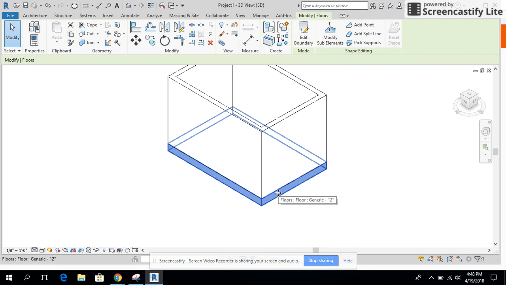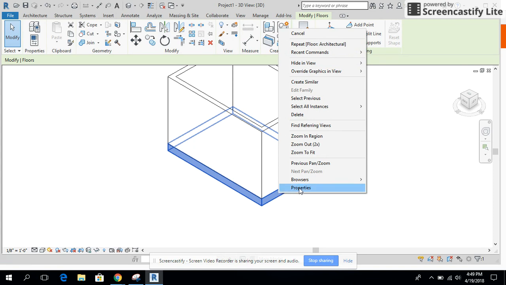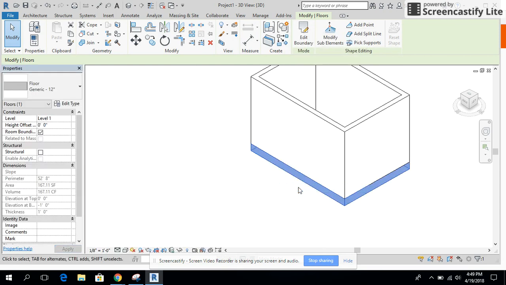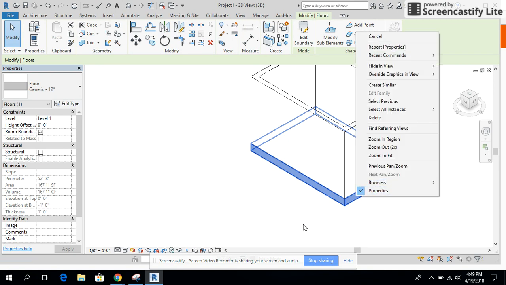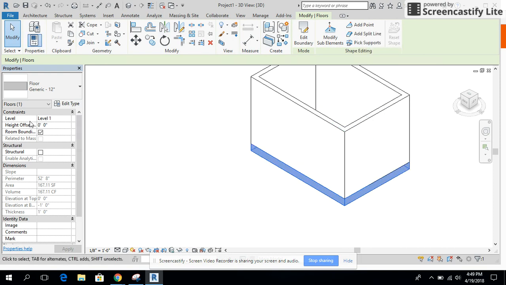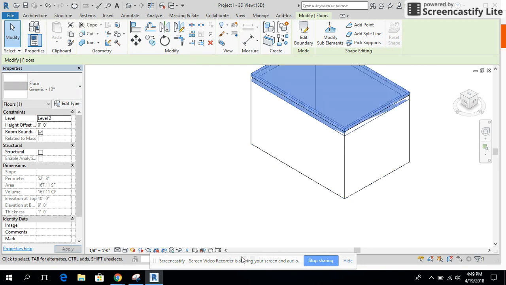I hold my mouse over it and use the right mouse button, not the left, the right one. And I can pull up different options, but I want this properties button. As soon as I click that, I get a properties window. And if I right click this again, you can see a check mark saying my properties window is open. So let's go to the properties window and you can see the constraints or the limiting factors on my floor. So in this case, there are levels, constraints, where this floor is going to sit. It is on level 1, which is what I want. But if I wanted a floor on level 2, I could click level 2 and it would move it up